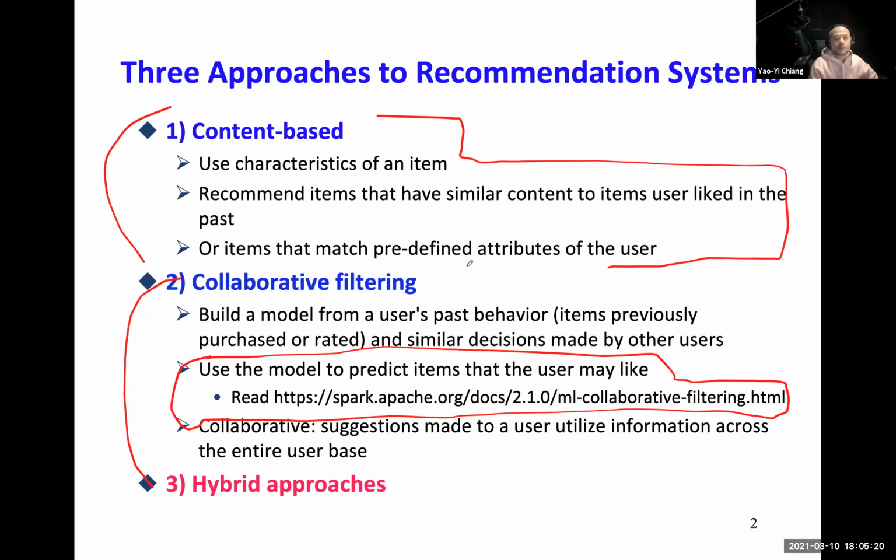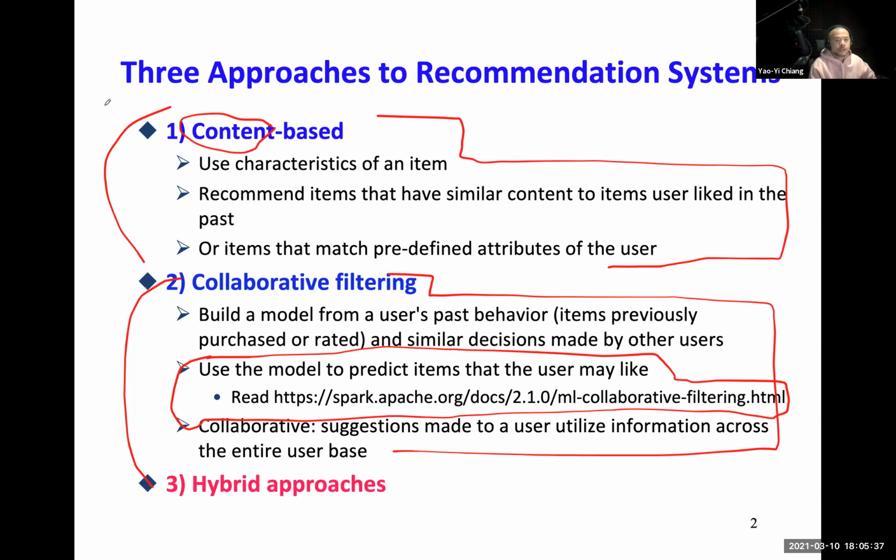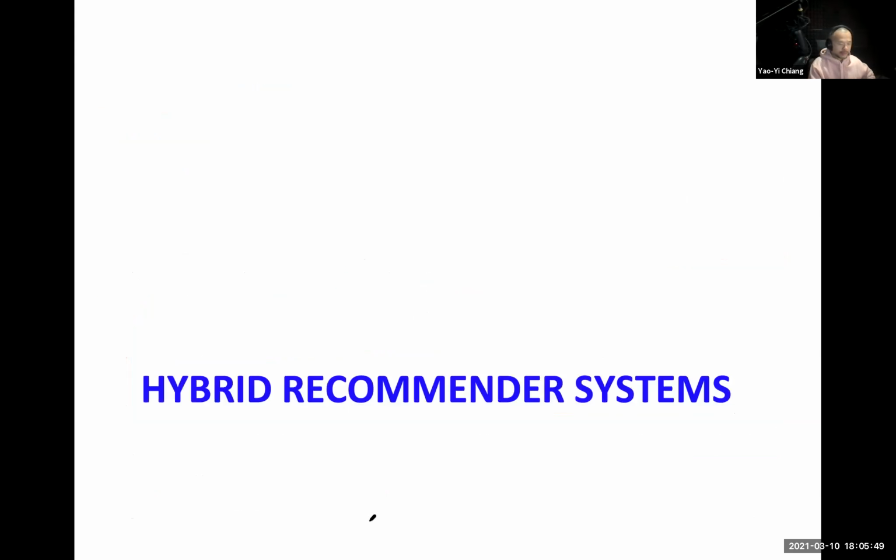Okay, so collaborative filtering is the most popular method for building a recommendation system. And it doesn't require you to have any way to describe the content. So we talk about the pros and cons for content-based systems, the pros and cons for the collaborative filtering systems. And today we're going to go through hybrid approaches. So hybrid recommendation systems,